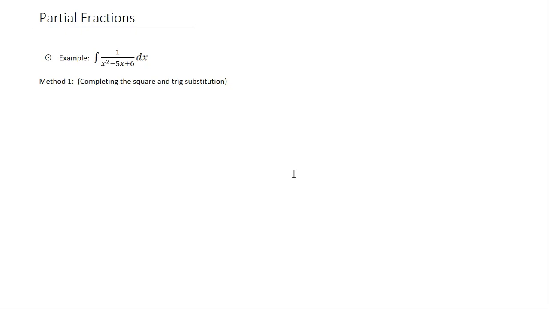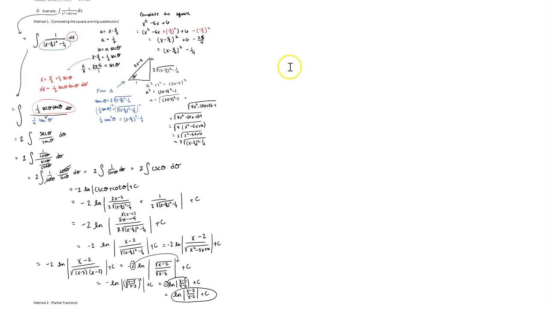It turns out if you want to solve this by the methods we've learned so far, you can do it by completing the square and using trigonometric substitution, which I know is not exactly everybody's favorite process. For this particular problem, the process looks a little something like this. You can see that it's very long and tedious, and maybe not the best way to go. I'm not going to walk you through all of that. If you're interested, just pause the video and make your way through it, but we're going to look at another